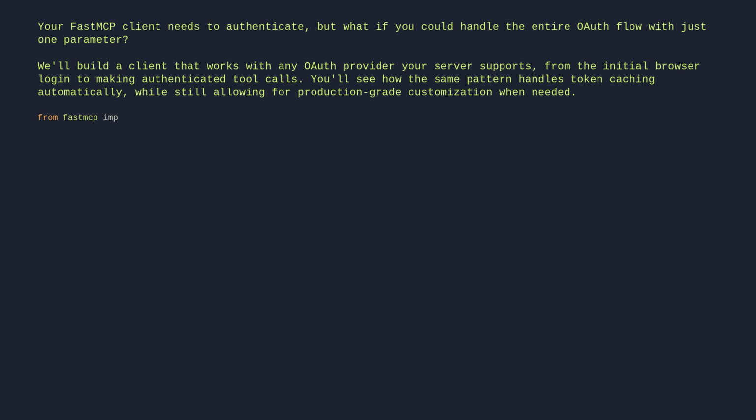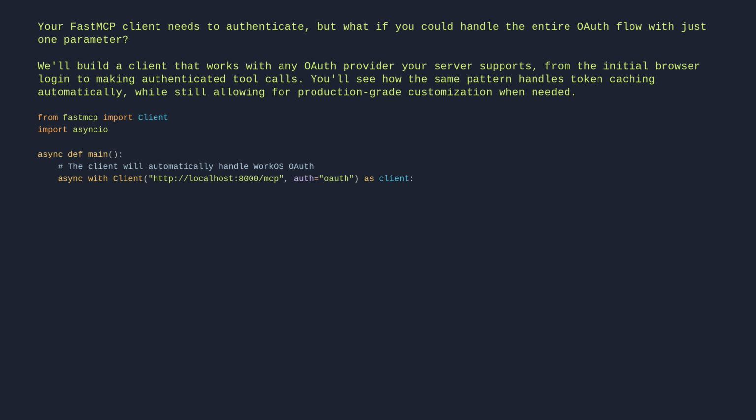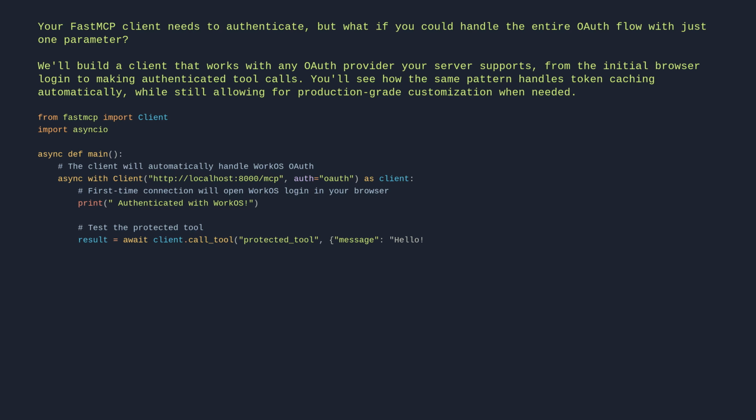from fastmcp import Client, import asyncio. async def main: # The client will automatically handle WorkOS OAuth. async with Client("http://localhost:8000/mcp", auth="oauth") as client: # First-time connection will open WorkOS login in your browser. print("Authenticated with WorkOS") # Test the protected tool. result = await client.call_tool("protected_tool", {"message": "hello"}). print(result). if __name__ == "__main__": asyncio.run(main())